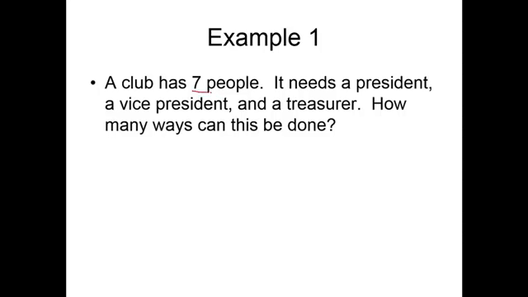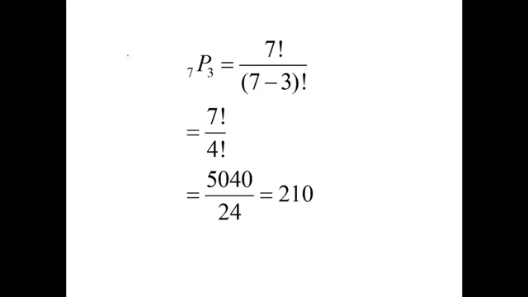A club has 7 people. It needs a president, a vice president, and a treasurer. How many ways can this be done? Well, to begin with, it's a permutation problem because we are assigning offices, and that's labeling. And when you do labeling, that induces an order. It's permutation. So there were 7 people from whom we were choosing 3 labels, and so we apply the formula